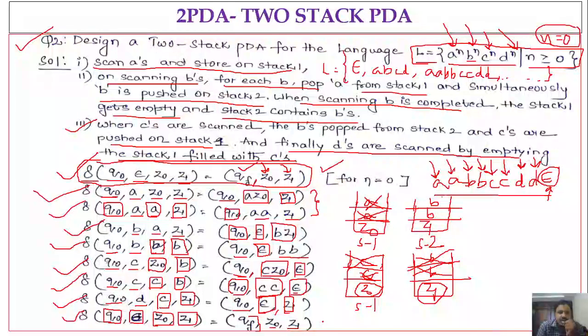Okay, so here I just tried to implement this entire logic with two states, Q0 and QF. Okay, you may take any number of states, it doesn't matter, but the PDA which has fewer states is going to be considered the efficient one, right? However, you may take any number of states to represent this language acceptance. Anyway, any two-stack PDA which accepts a given language and rejects strings not in the language is correct. Okay. So, this is about the two-stack PDA.